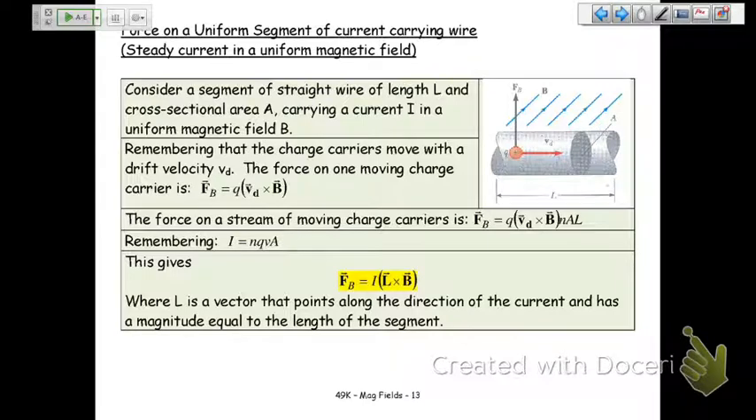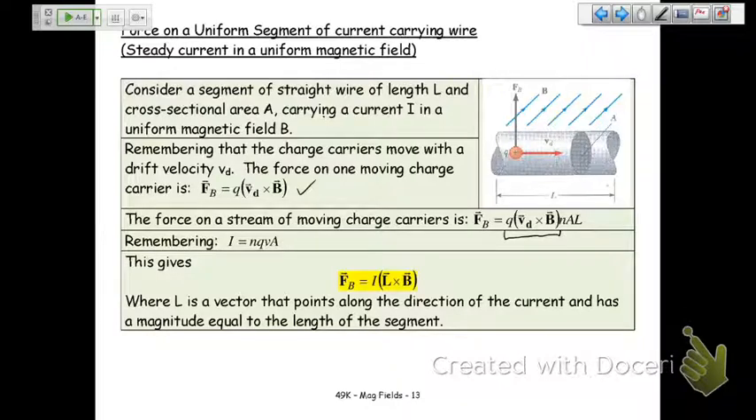Let's think about how much force we get for current flow. And we say, well, let's take a certain length of wire. We know that for each individual charge carrier, we have F_B equals qv cross B. And the v, of course, is your drift velocity. That's the net velocity of your charge carriers. So the force on the stream of moving charge carriers is going to be the force on each charge carrier